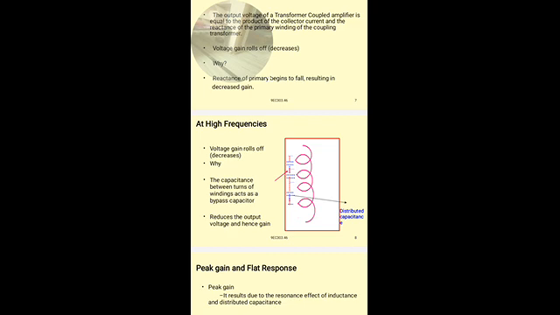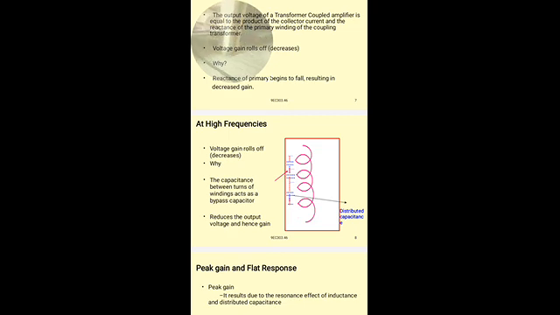Within the winding, the air acts as a dielectric. Since the current flows from a point of lower potential to a point of higher potential, and from a point of higher potential to a point of lower potential,